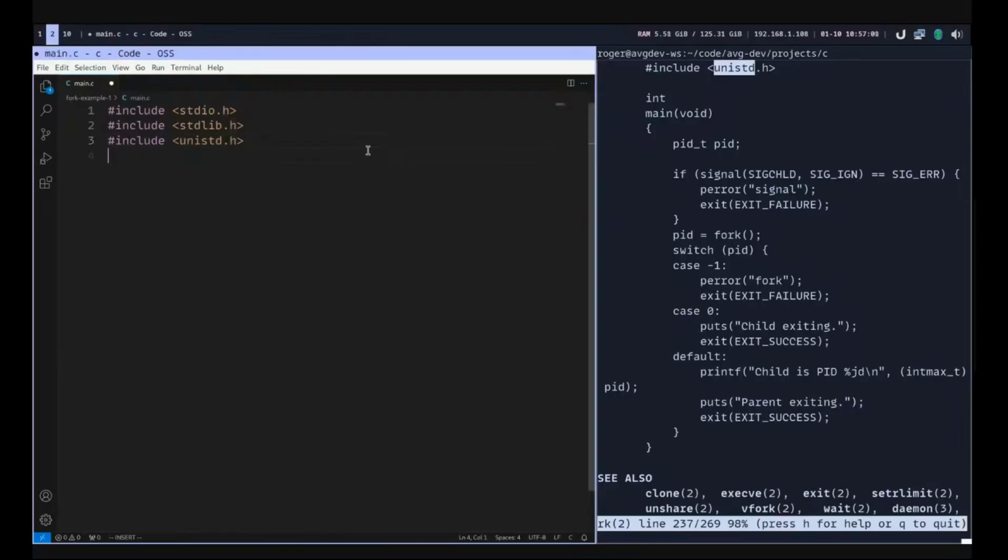So let's do something here. Let's just declare this and get on with it: pid_t child_pid equals fork. And I can say something like, if child_pid is negative one, I want to print out an error and just say